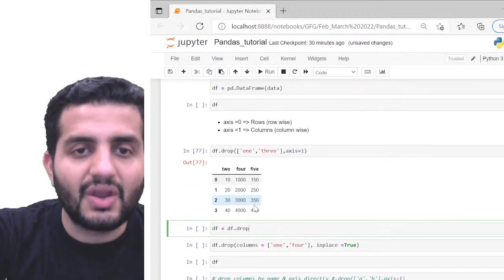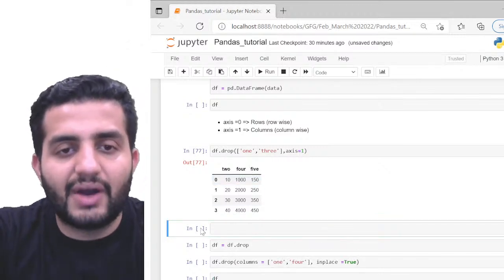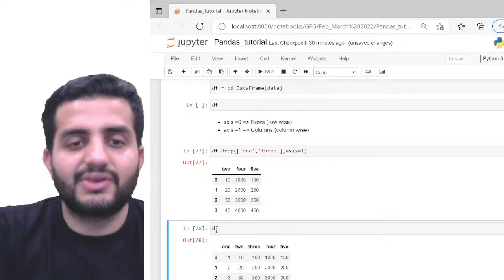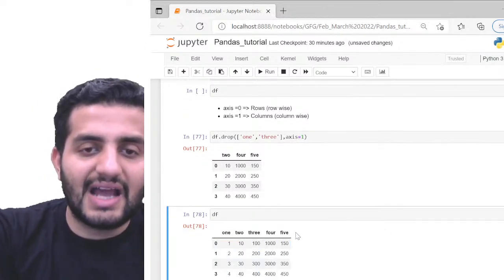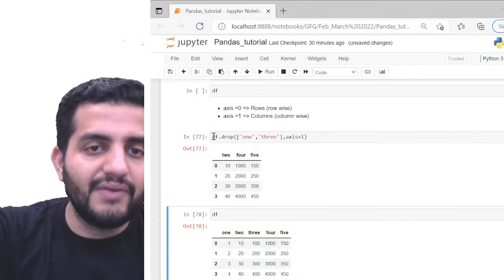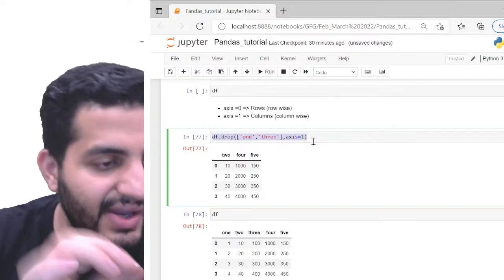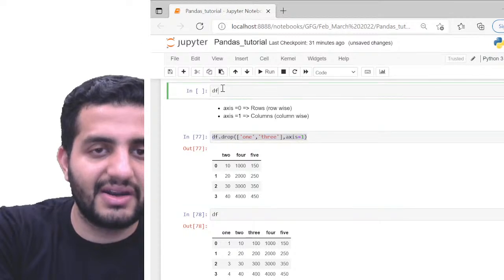Cool. You can see this is the output here, right? But what if I call the df again? If I call the df, it's still having my 5 columns. You can see it is still having my 5 columns. The original 5 columns are still retained. The reason is, although we have run this, it is not saving the data in the data frame here.